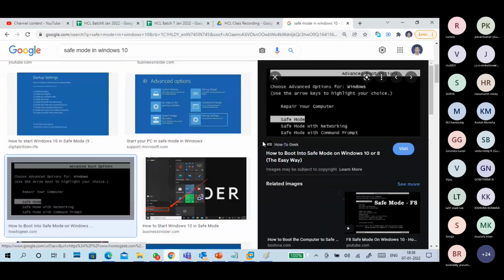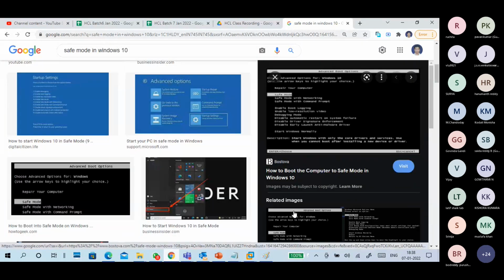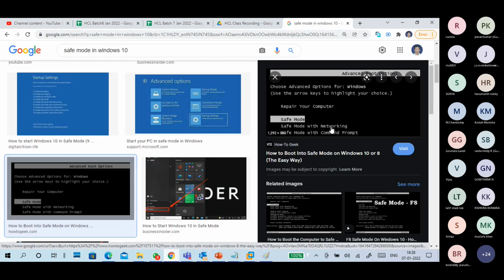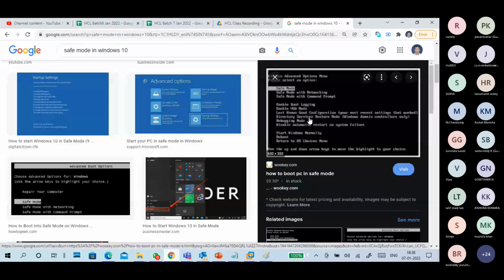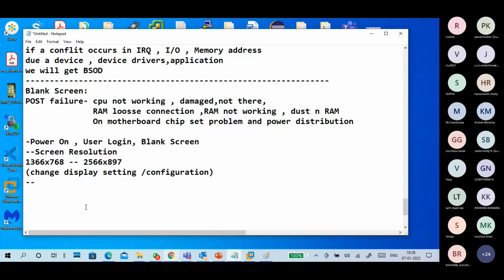The safe mode screen shows like this, in black color. This is a safe mode screen. So how to go to the safe mode screen? Reboot your PC.